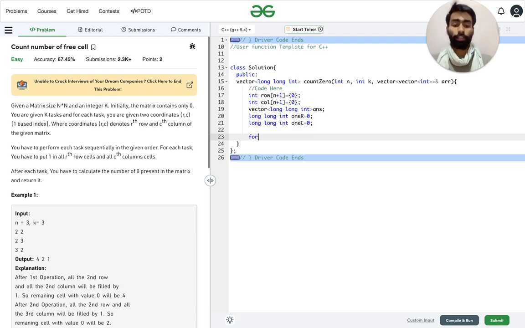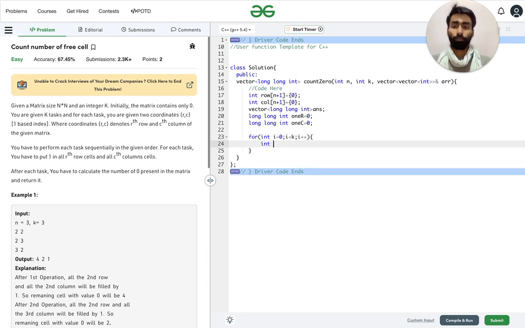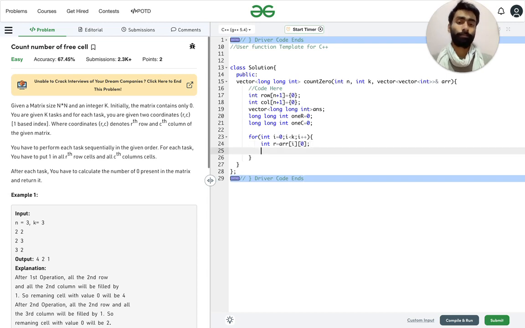Now we will begin iteration, that is we will perform the operations on this. So int r equal to arr[i][0], that is the row number being filled here. So which row is being filled with 1 is tracked here.